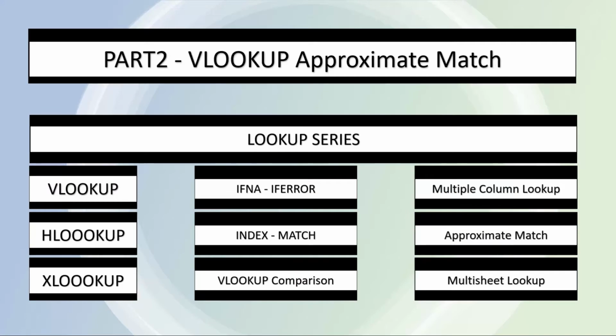In part 1, we had learnt the basics of the VLOOKUP function. And now in this video, we are going to learn the approximate match option of the VLOOKUP function, which is used to look for availability of a value in a range of values by simply changing the last parameter of the VLOOKUP function, and also a few associated tips on this last argument.